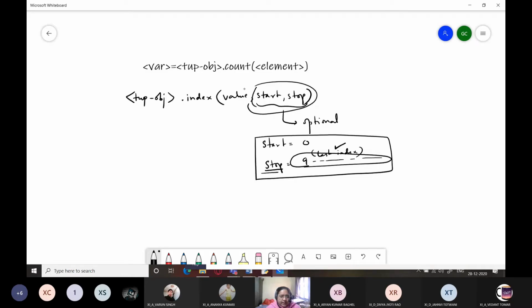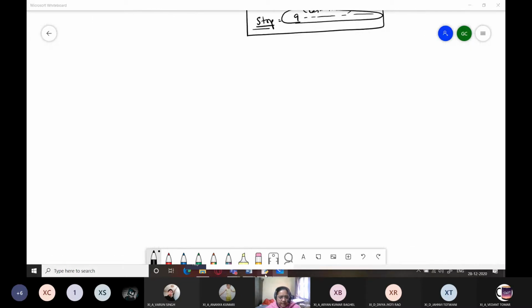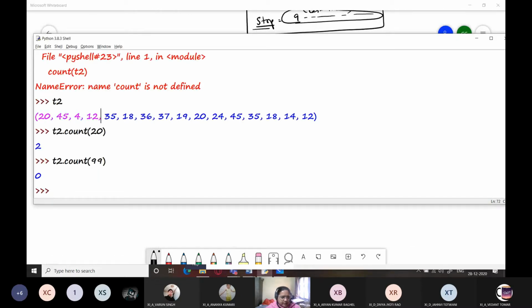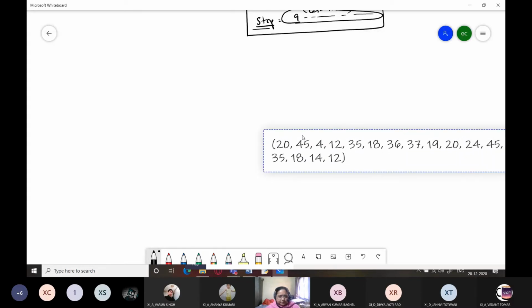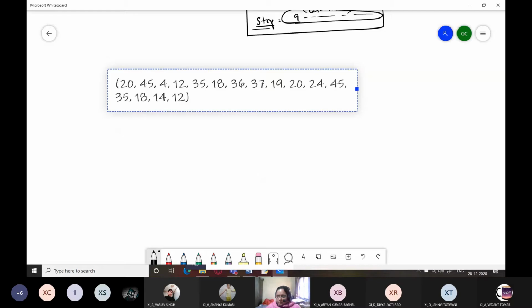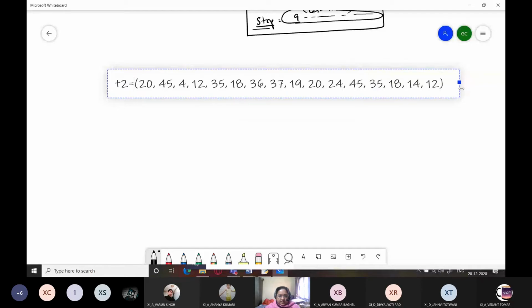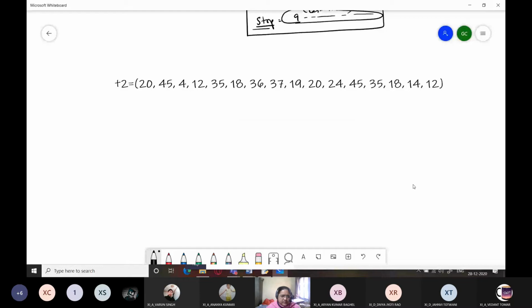You only need to provide value compulsorily. Let's understand this by an example. So I'll be taking this one tuple over here, which is T2. This is my tuple which I have provided, and let me just specify the indices also, only the positive ones.